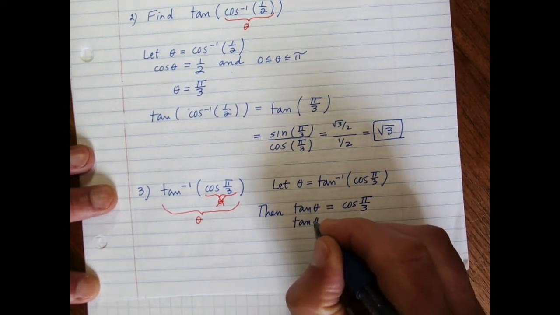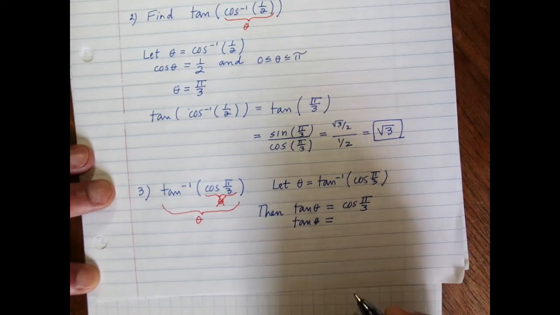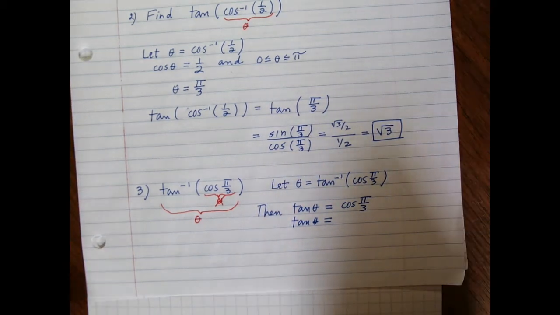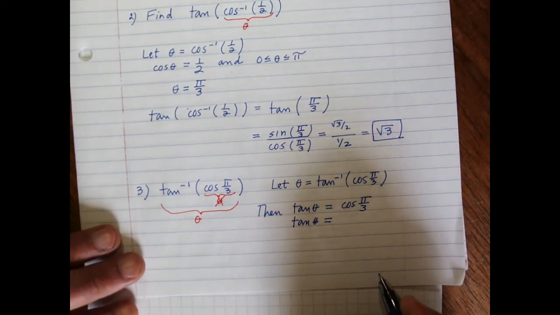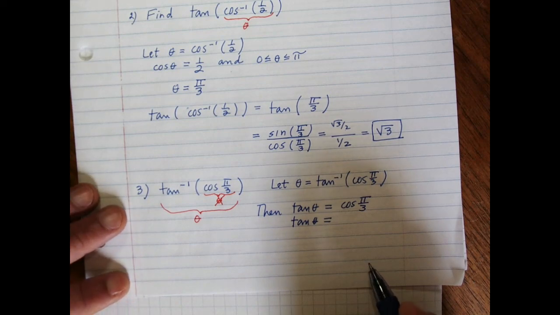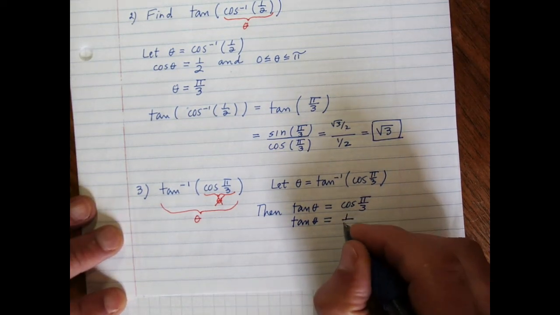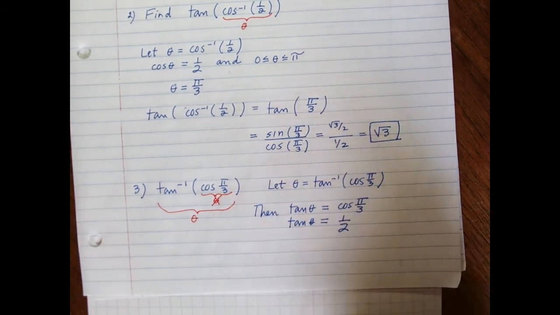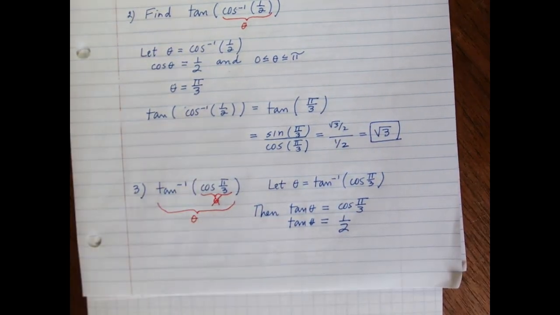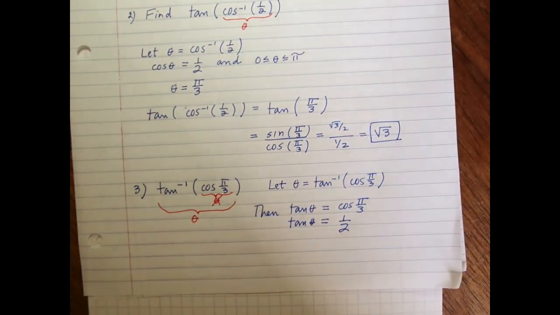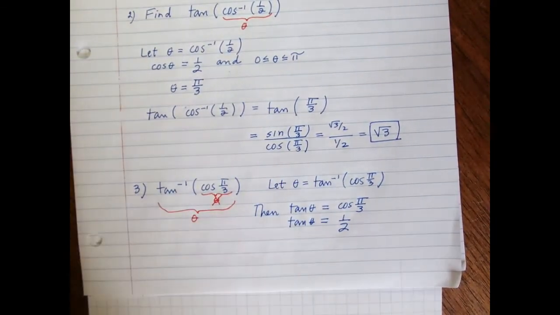Tangent of theta is cosine of pi over 3, which is actually 1/2, right? And now we need to find an angle whose tangent is 1/2, and